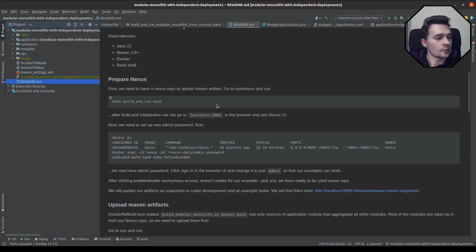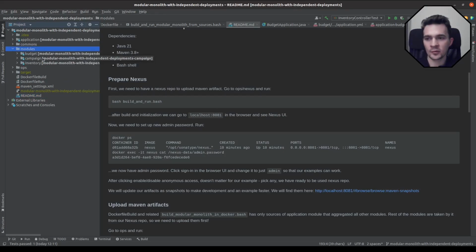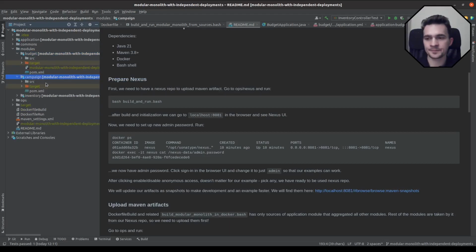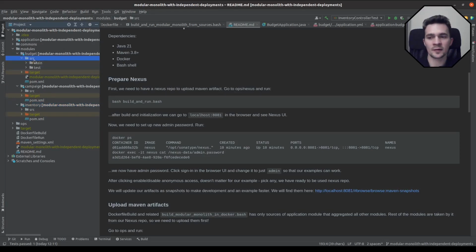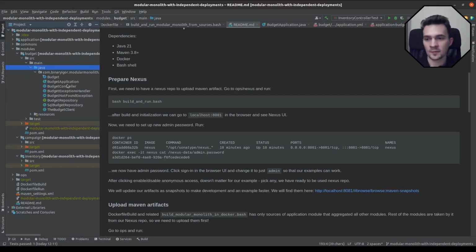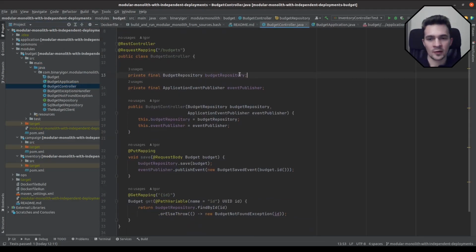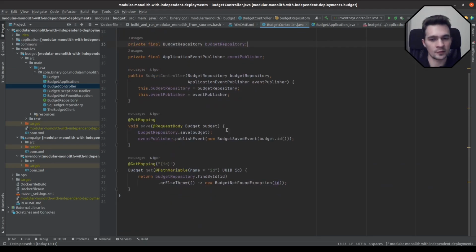So let's go through some code, guys. As said, we have modules: budget, campaign, and inventory. And what is interesting here is that every module is also a separate Spring Boot application. So we have a controller, a budget controller in that case, and we have 2 endpoints: to save a budget and to get one budget. We also have